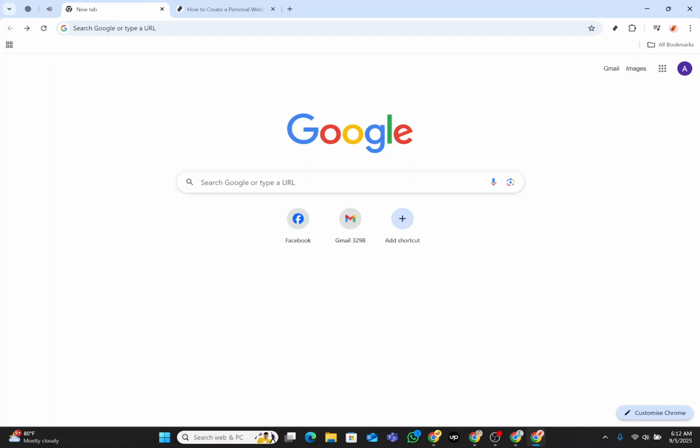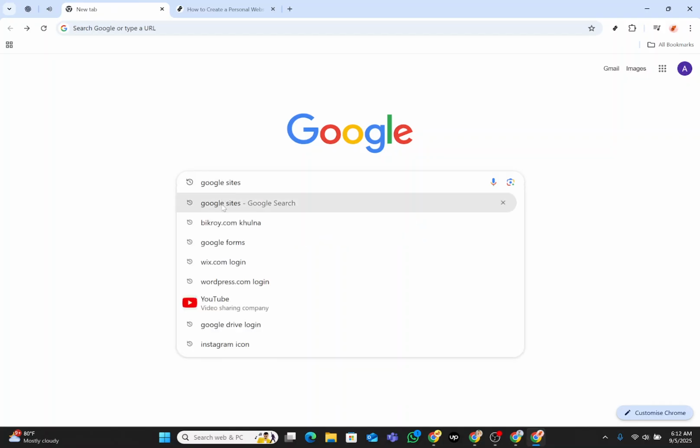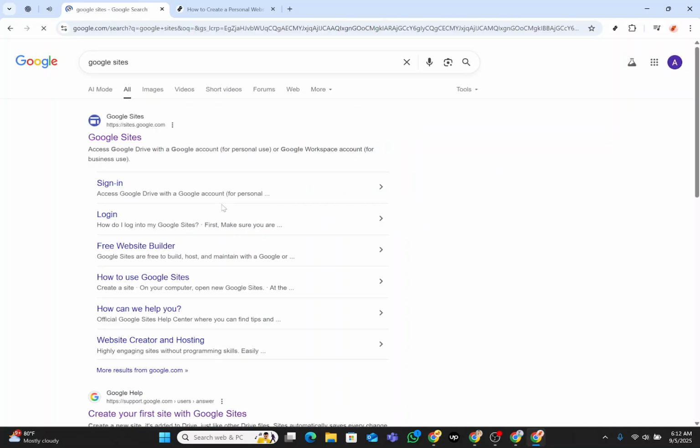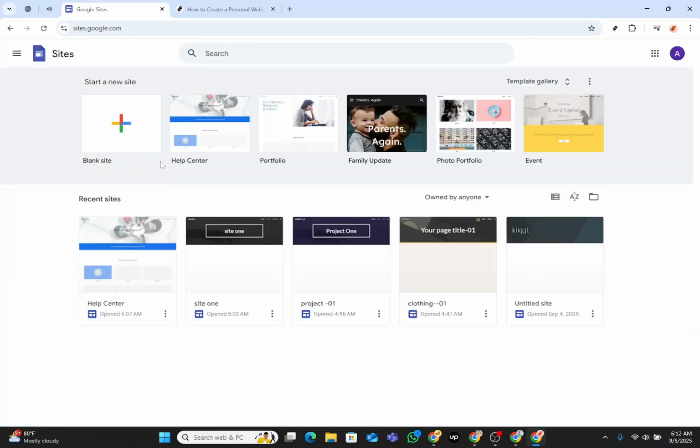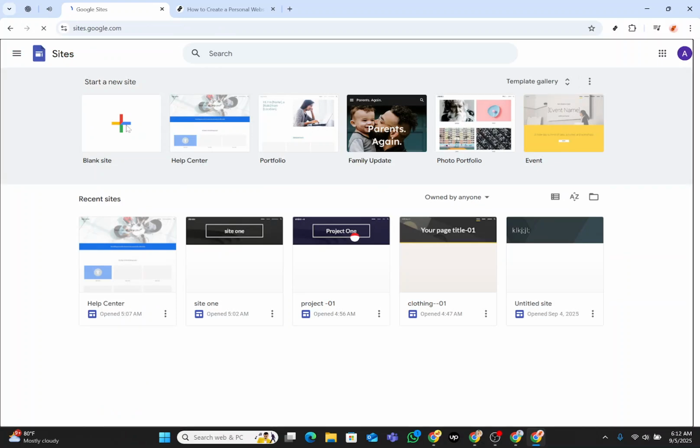Once the search results come up, please go ahead and click on the first link. This will take you straight to the Google Sites homepage, where all the magic happens. Now you'll find a plus icon on the homepage. Click on it to open a blank page. This will be the canvas for your new personal website, giving you a fresh start to customize everything according to